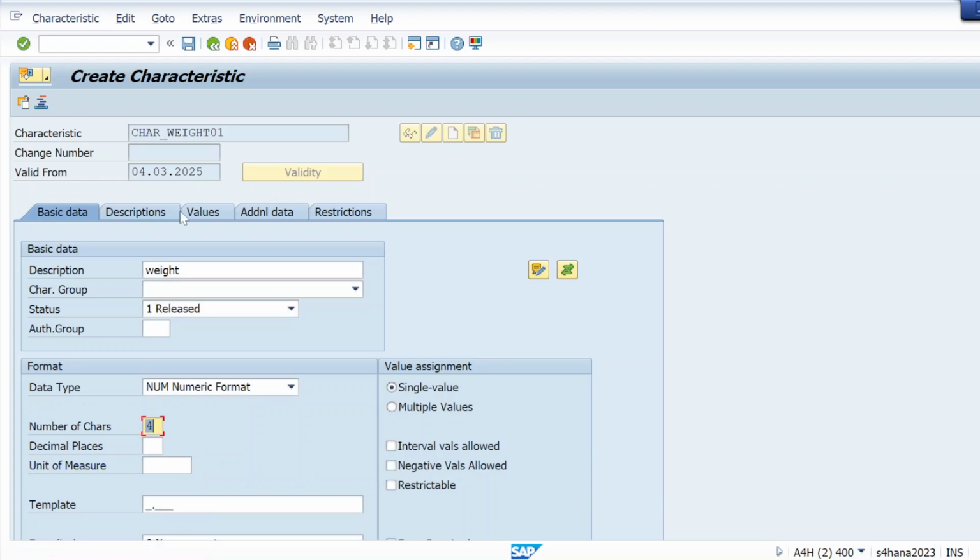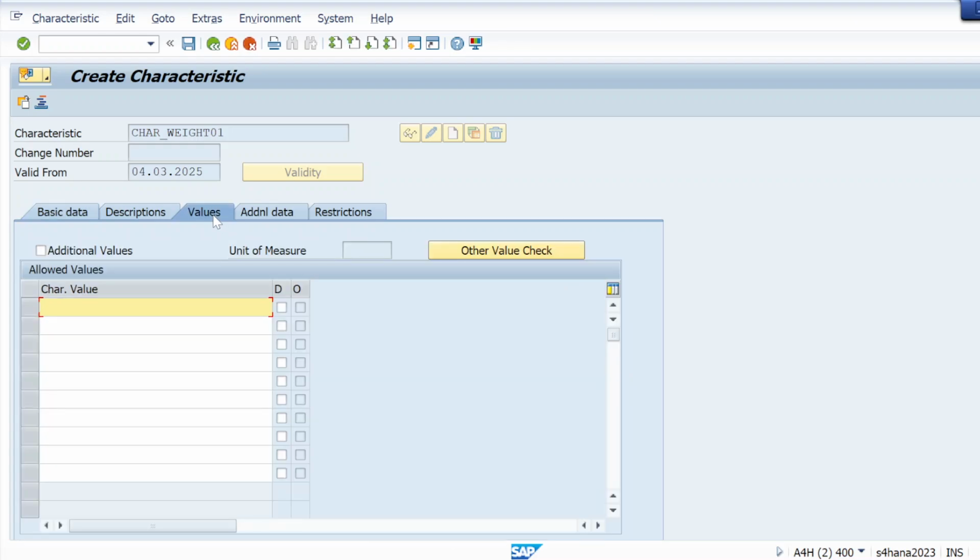Hit enter. Okay, and here in that value tab, let me give like 100 ml. We have to check only 100, 200.